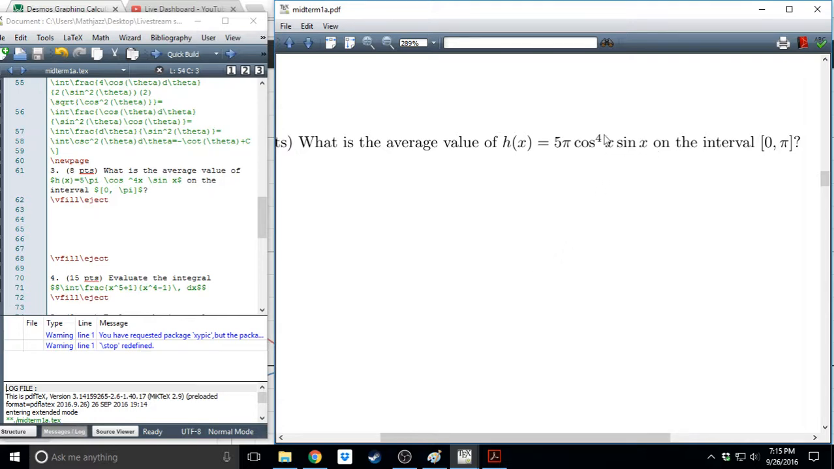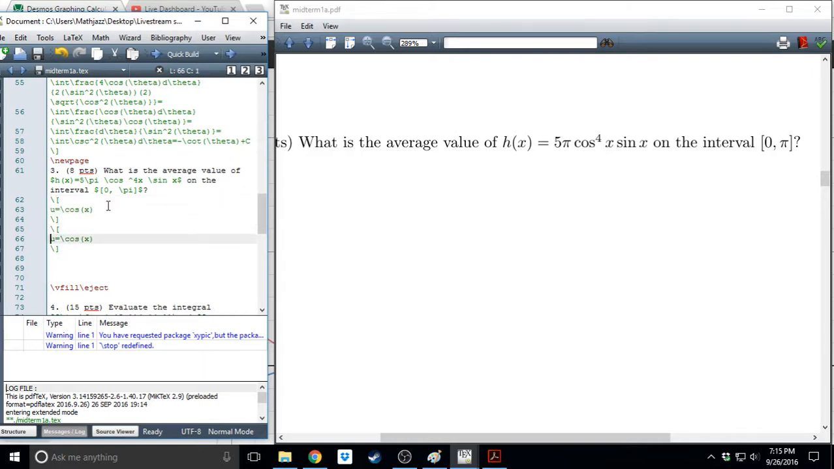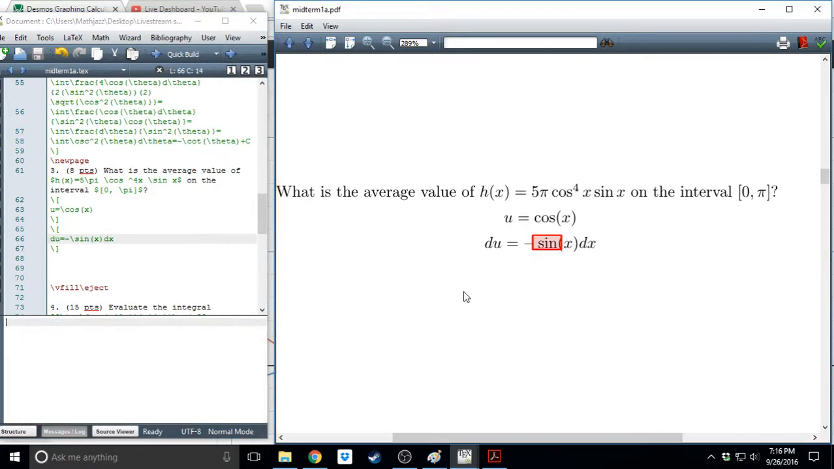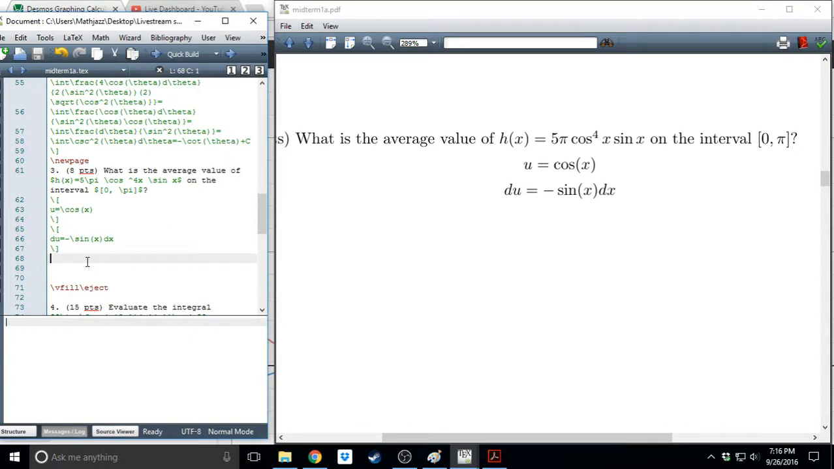So this here looks like it's just a u substitution. So let's try that. Let's see. Let's try u equals cosine of x. That'll give us as our du will equal negative sine of x dx. Okay. So we rewrite this integral as